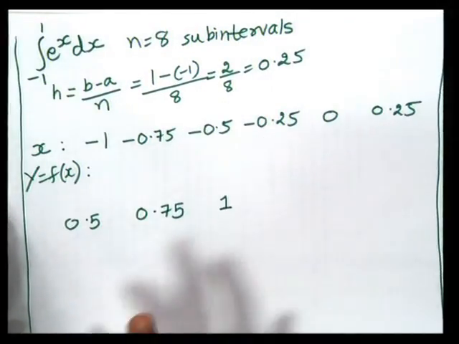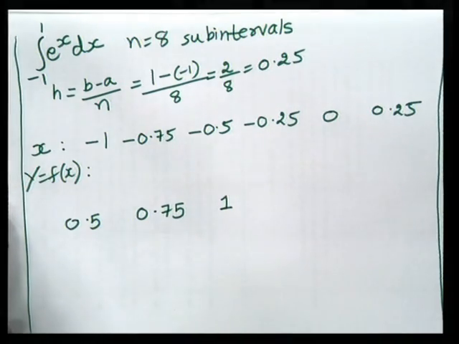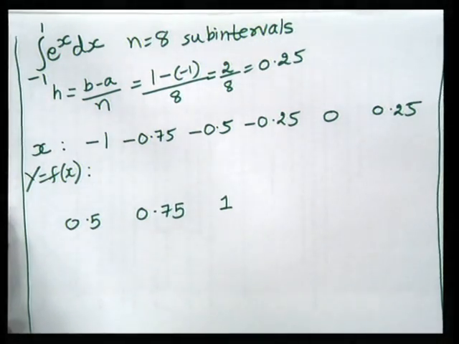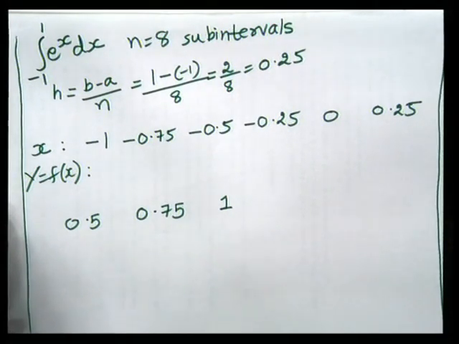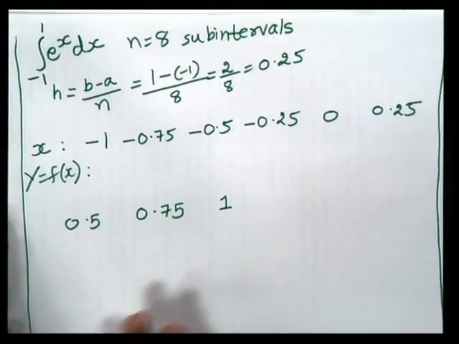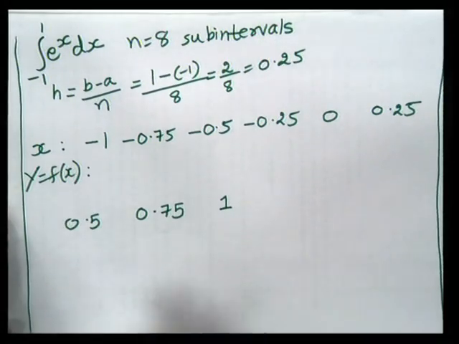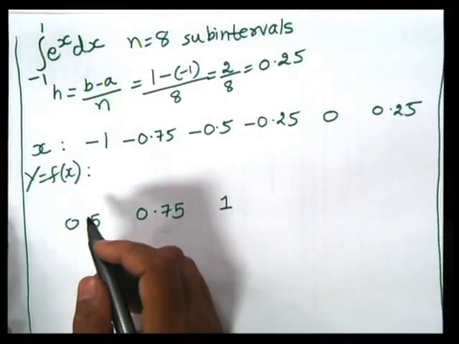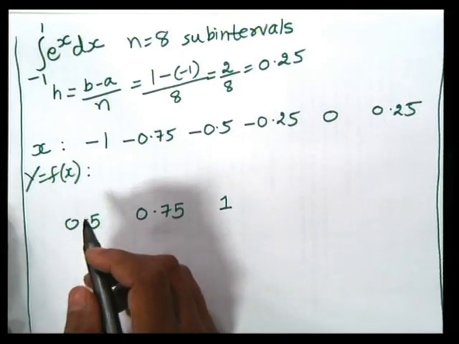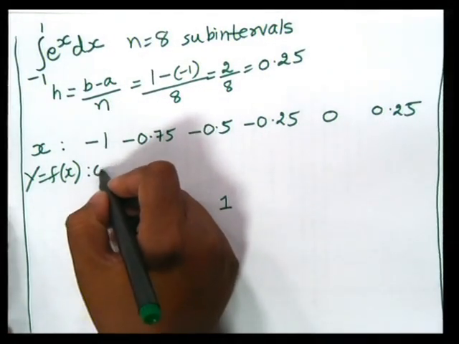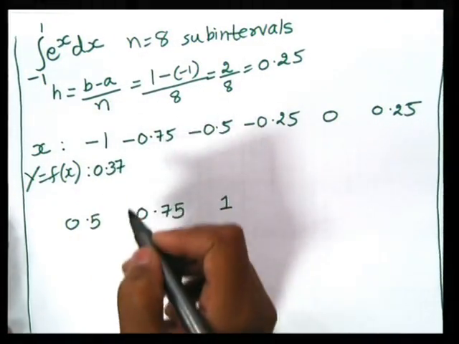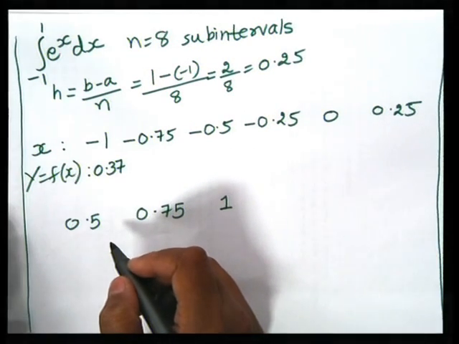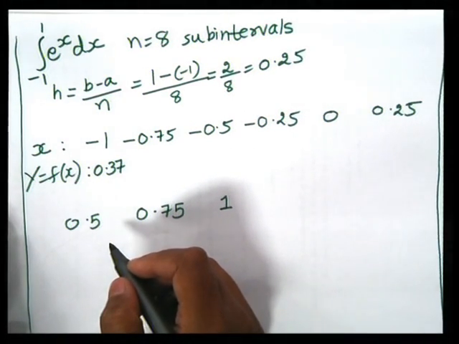Now if we put each of these x values inside the function e raised to x, we are putting different values of x which we have just found out. So putting those values, we will get the value of y equal to f of x. So if I put x equal to -1 in e raised to x, we get the answer to be 0.37. If I put x equal to -0.75 in the function